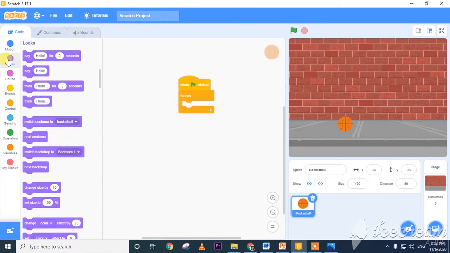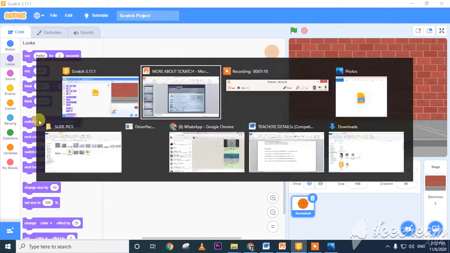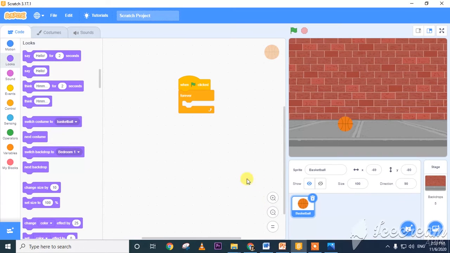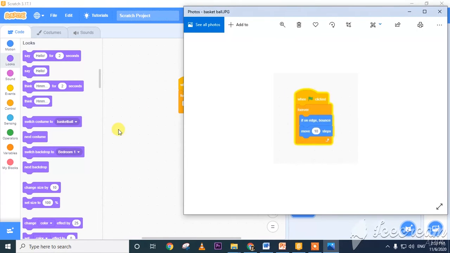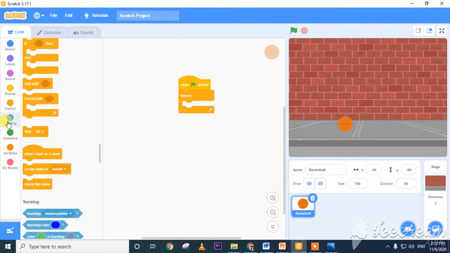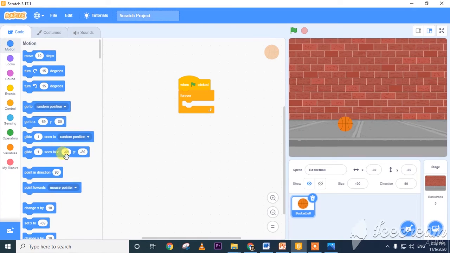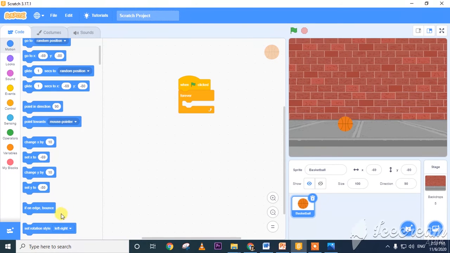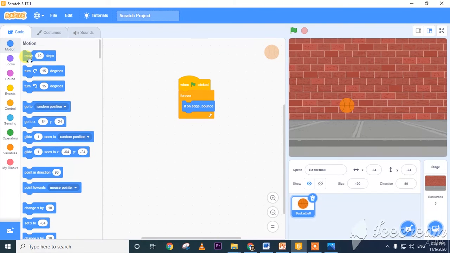Now we'll write the coding: if on edge, bounce, then it should move 10 steps, then click forward.